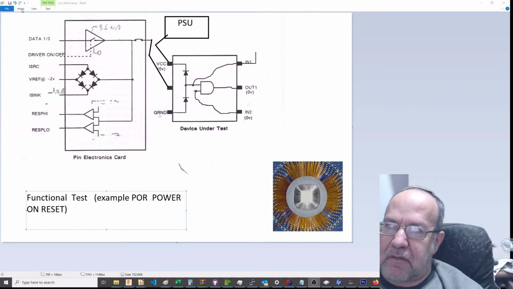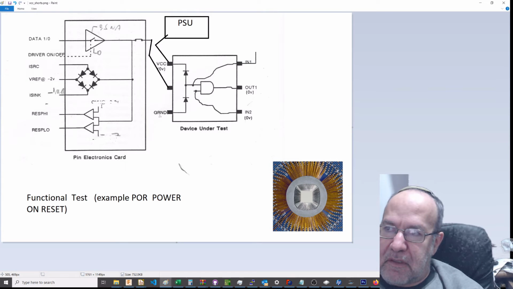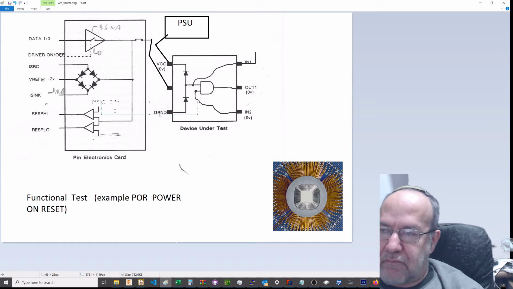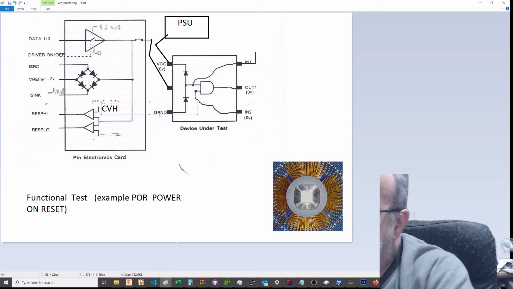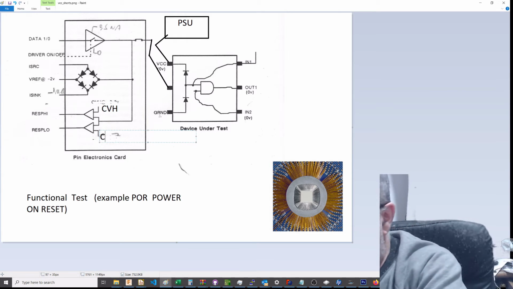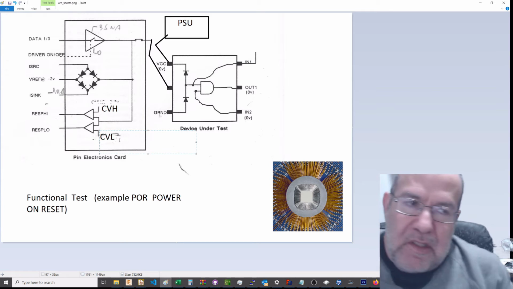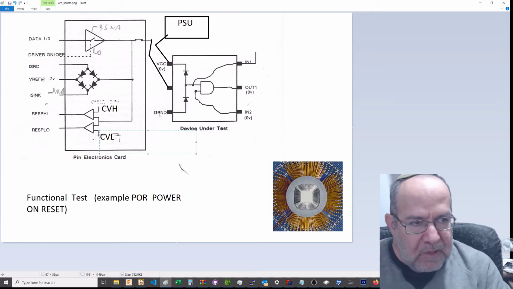Okay, let me even use the right terminology for this. This one I call CVH. And CVL. CVH and CVL would be able to